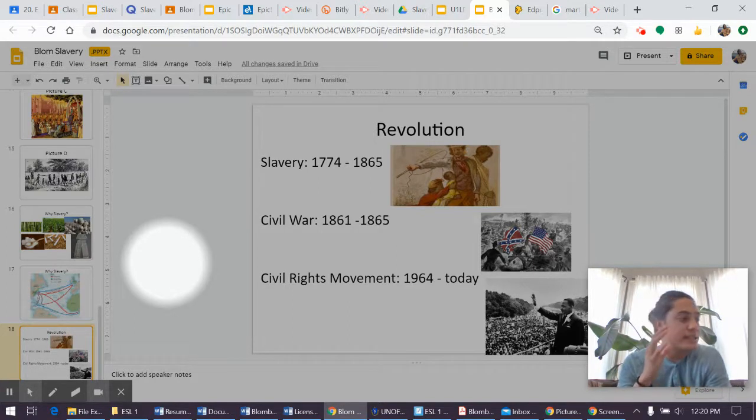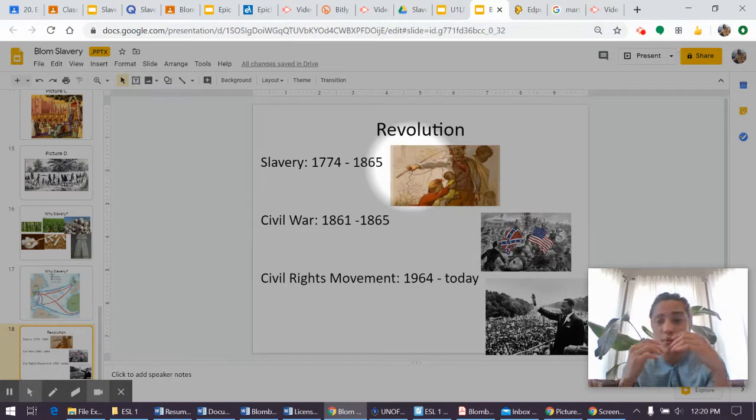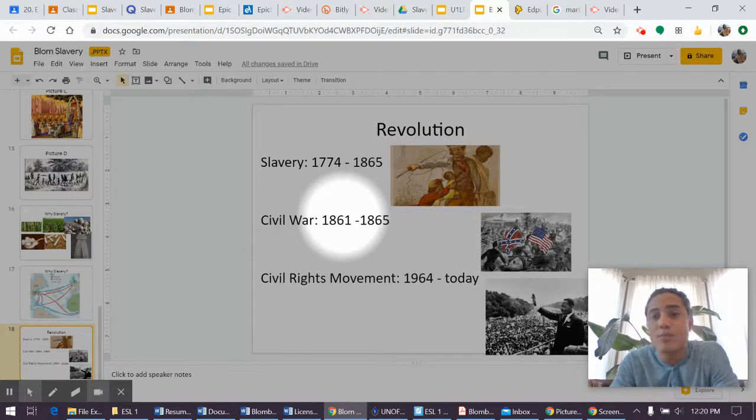Now, the United States continued to grow and get rich and get more land and expand until it had more states. For 100 years, the United States used slavery to grow, to get more rich, to have more land. But by 1861,